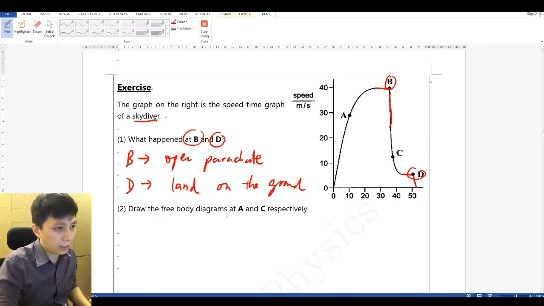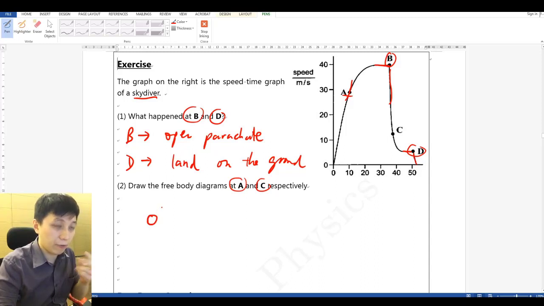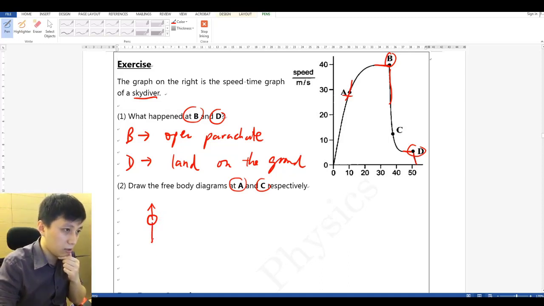And so for part 2, I ask you to draw a free body diagram at A and C. So let's do A first. A is when you have certain acceleration still, so that is obviously in the air before you open. Well, actually it doesn't really matter, you also have air resistance, but you are increasing the speed downward, so that means the force should be greater towards the ground,